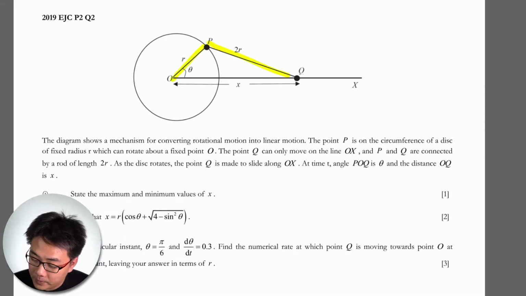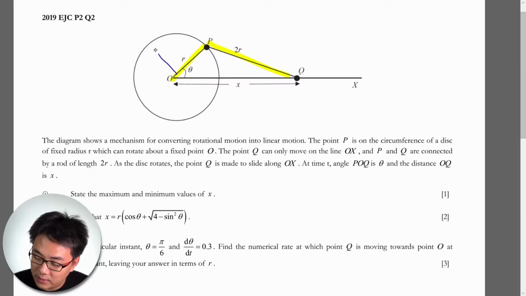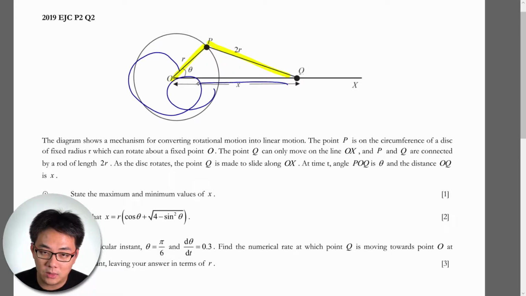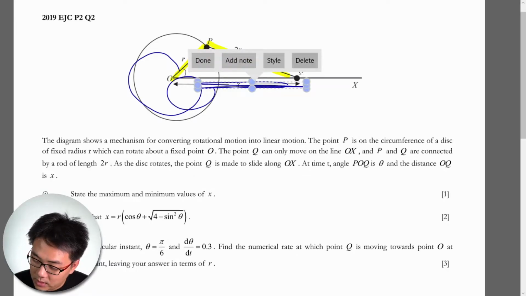The point Q can only move on the line OX. P and Q are connected by a rod 2R. As this rotates, Q is to slide along OX. So imagine that if this were R here, then this would be 2R here, and this would be x here. So x is the varying one. As this moves along, this will just go in and out, in and out. So the question now is,